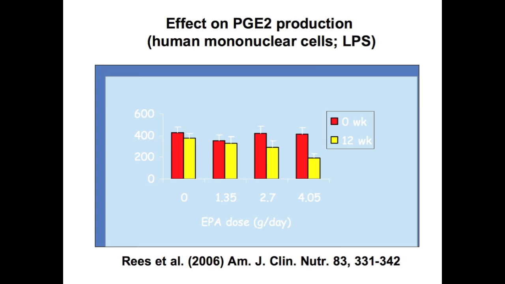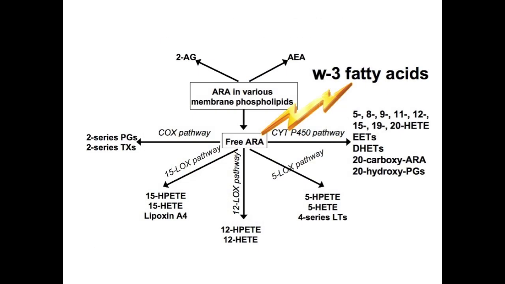If you relate the amount of arachidonic acid in these cells to their ability to produce prostaglandin E2, there's a very close relationship. If you relate the amount of EPA in the cells, there's a very close inverse relationship. So one way that omega-3 fatty acids work to modify inflammation is they target the main precursor of inflammatory lipid chemicals, that is arachidonic acid. They reduce the amount that's present in the membranes, and they do have an effect on these enzymes, but the main effect is reducing the substrate availability.